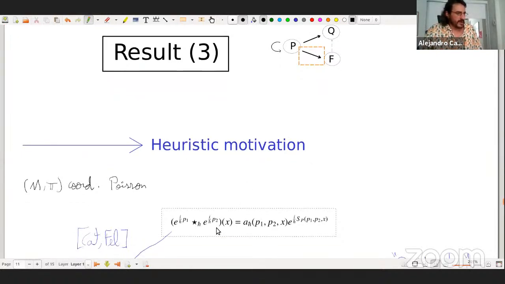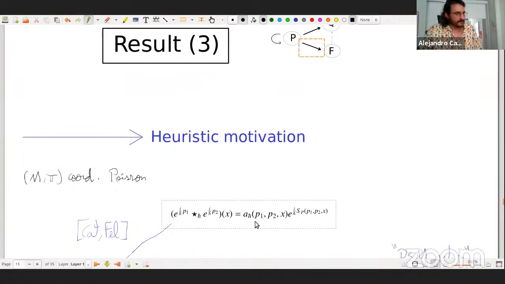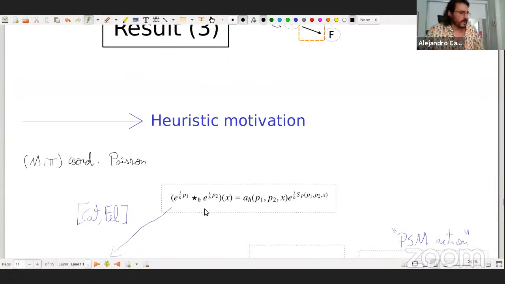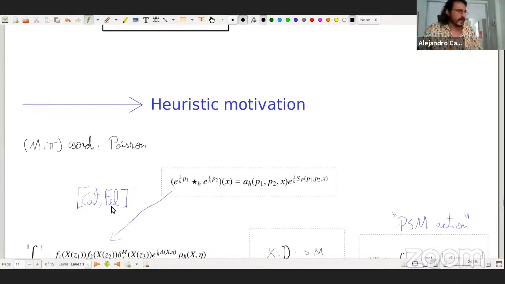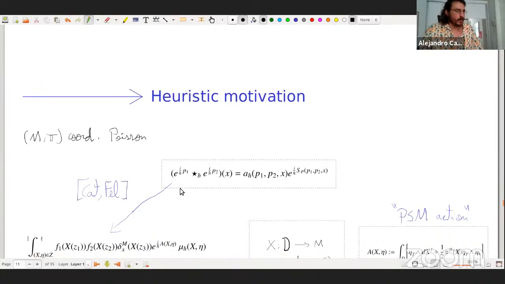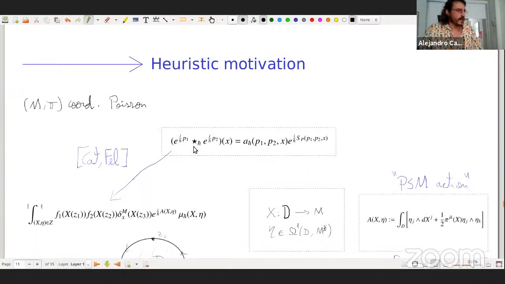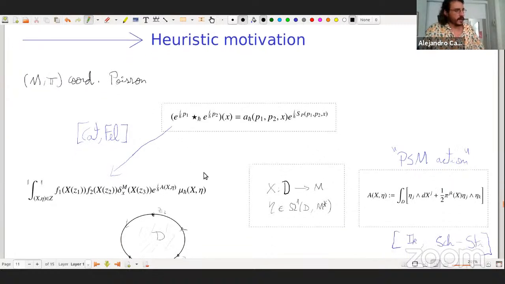And remember, there was this key relation. It could hold in general, but now we want to substitute this star product by the Kontsevich star product. And we also want to use Cattaneo and Felder's work, which gives a formula for it in terms of field theory, as an integral over certain possible fields,